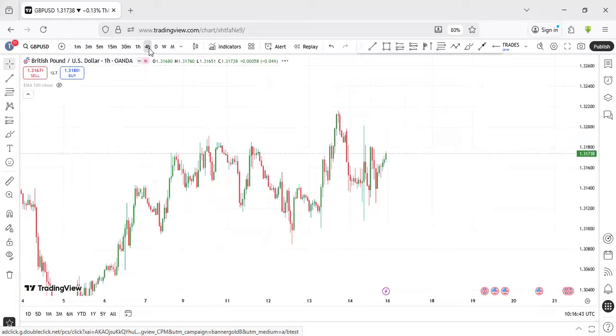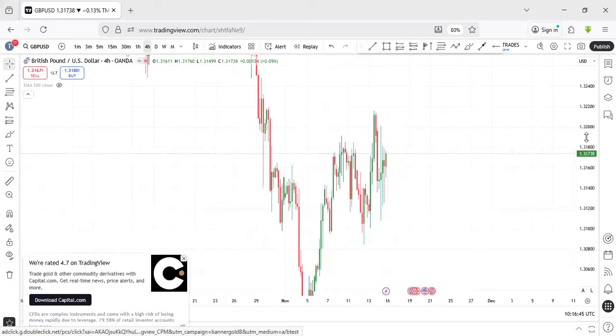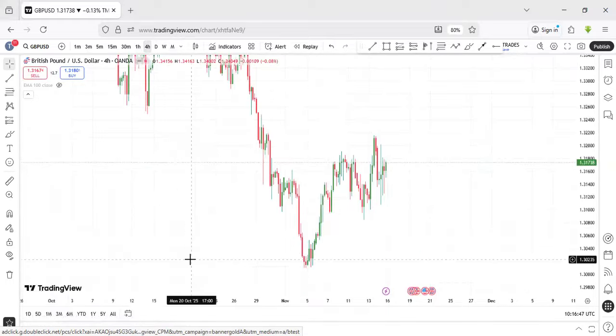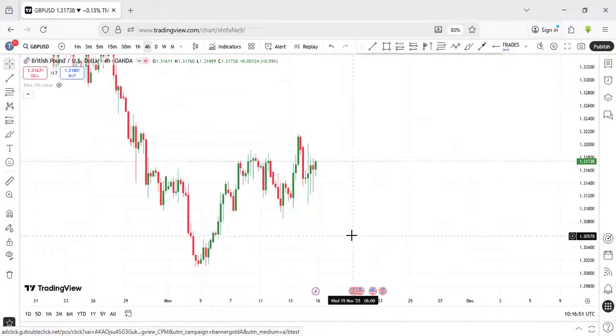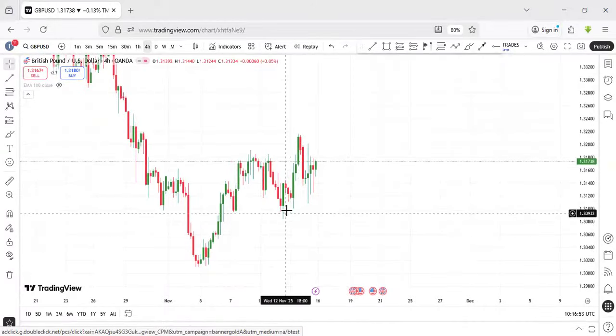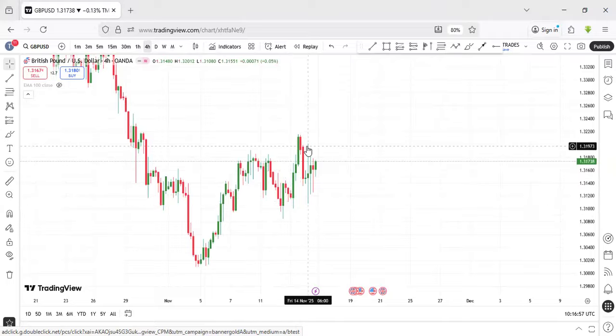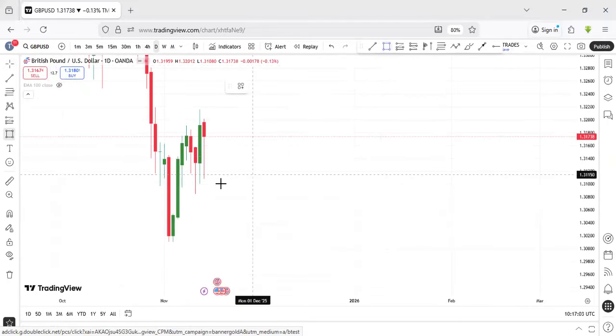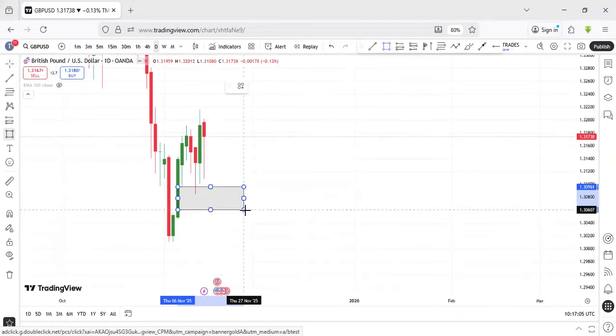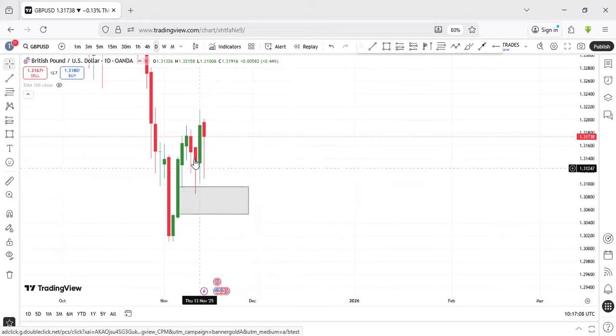When you look at this, right, let's go back to 4 hours. We can see on Wednesday, on my top-down analysis for the midweek, I explained all the reasons why we should be expecting the market to start buying from this particular place. Because of what? When we get to the daily time frame, we will see the fair value gap that I talked about, which is this. And what happened? The market came to this fair value gap, right? Taking out this low,